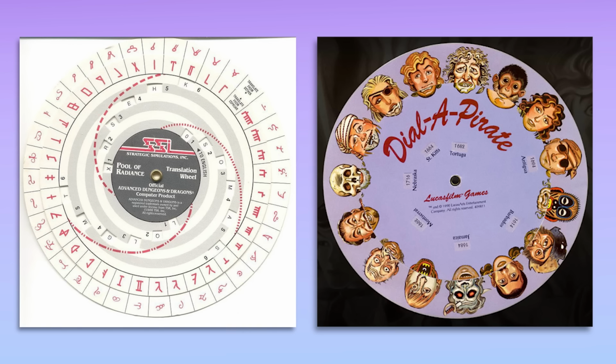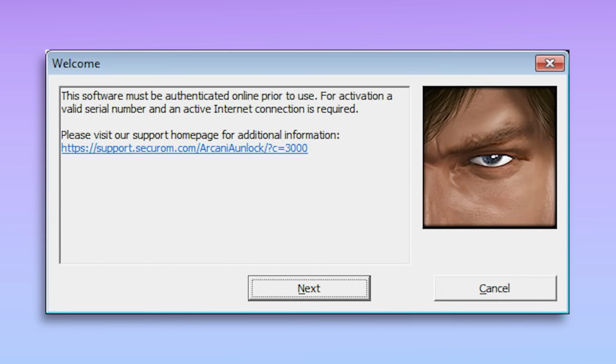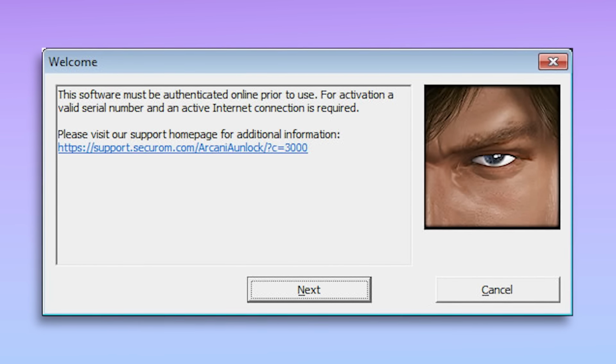Code wheels were another very novel early form of anti-piracy, with video games presenting a scrambled code on the startup screen which users then had to decode using the paper wheel that came with their game. Again, very annoying and tedious for legitimate players, and it was kind of pointless because people could very easily just photocopy their code wheels and spread them among friends. Eventually, most of these goofy measures were abandoned in favor of simple serial codes, with each legitimate copy being assigned